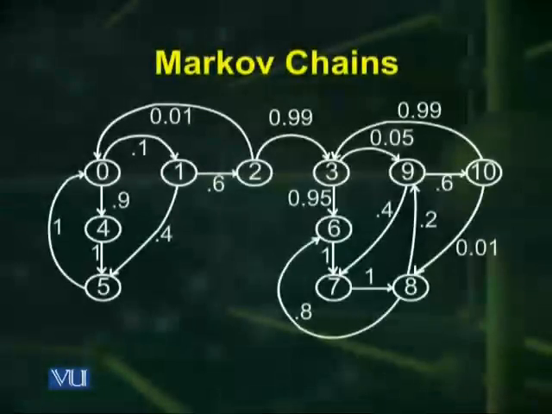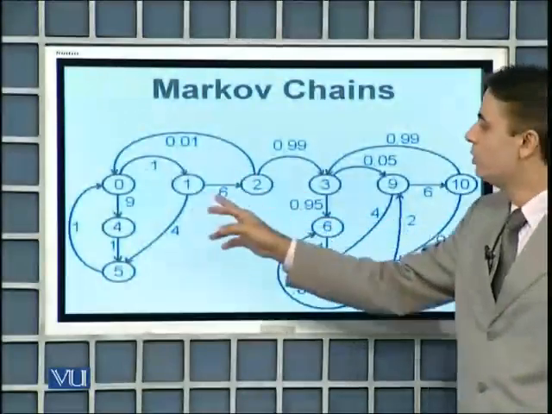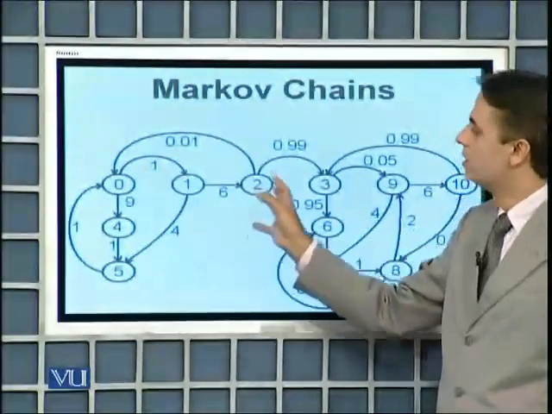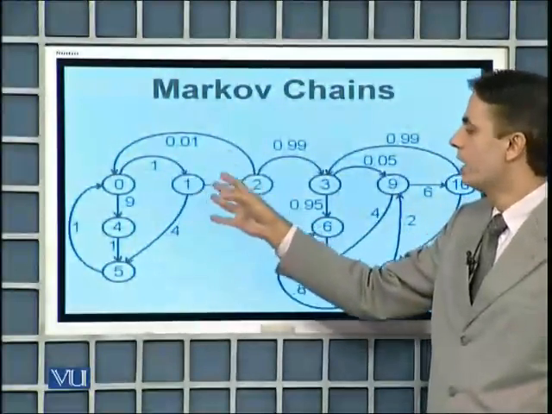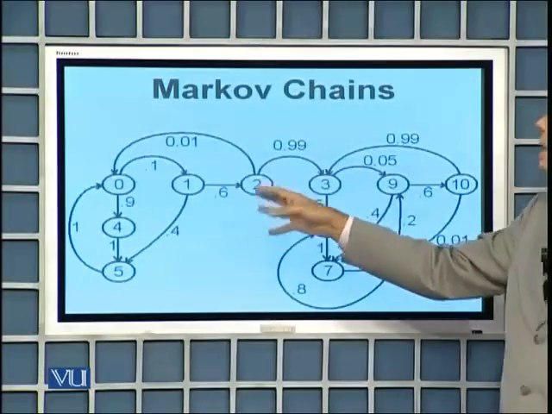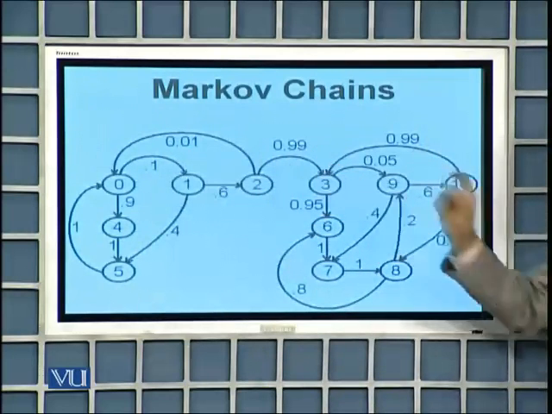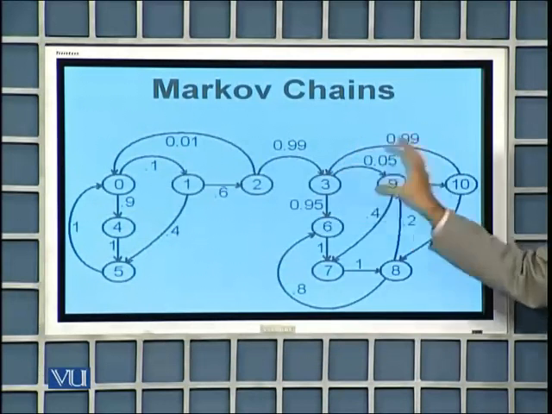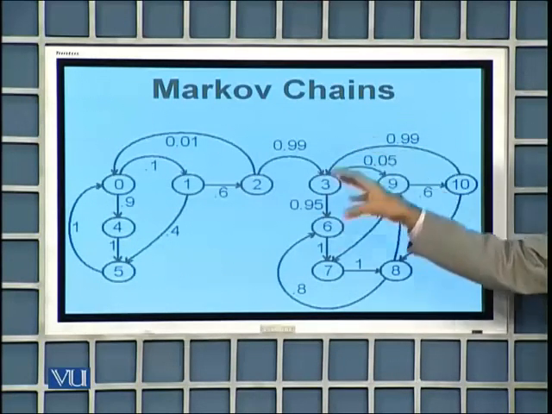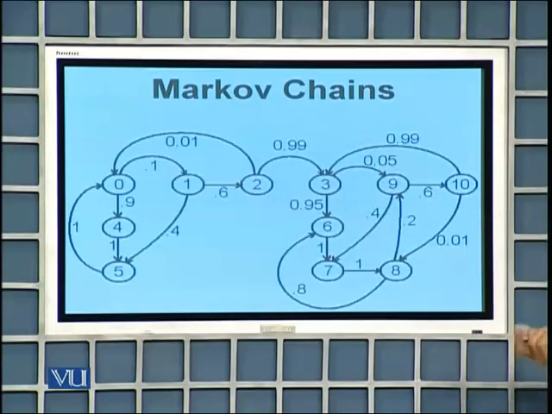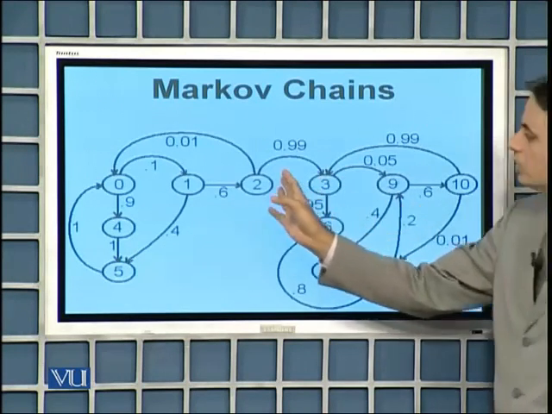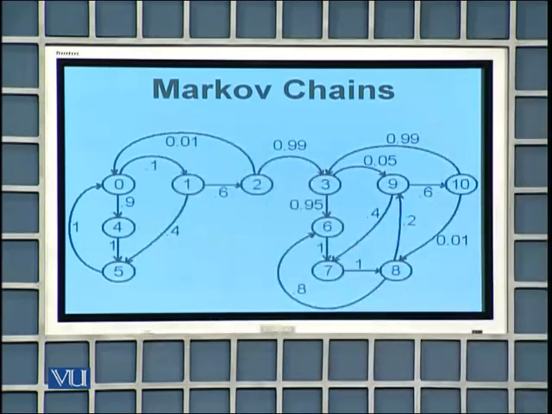Let's have a look at the graphical representation of that Markov chain. Here, states 0, 1, 2, 4 and 5 represented the initial situation where a person tries to perform Hajj, applies and gets rejected and stays there. And once he jumps from state 2 to state 3, he stays in this group, which represents those people who have performed 1 or more Hajjs. So this group on the right side is a group of absorbing recurrent states, and this group on the left is a group of transient states.